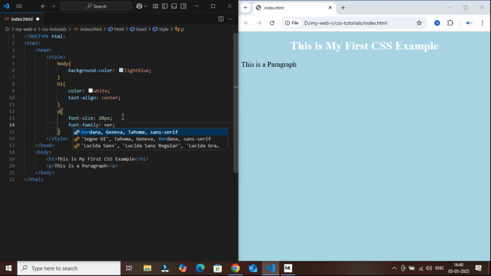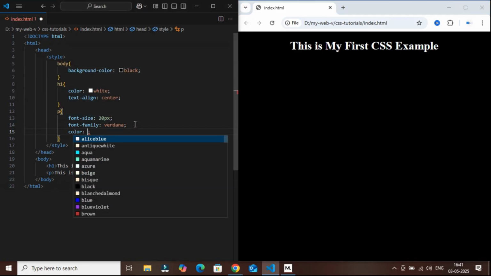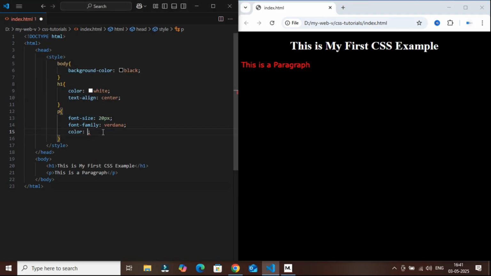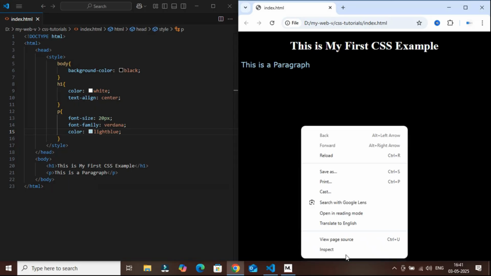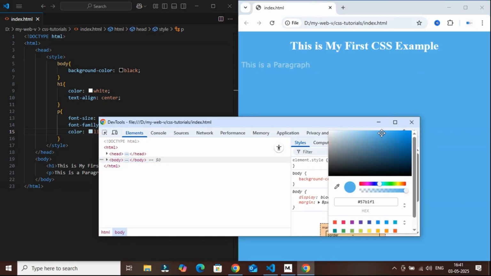That's it. This is how you will apply CSS to your HTML page. Let's try with your own properties and check your page. If you want to try with different colors and different fonts, you can directly check in the browser itself by previewing the properties. For this, you have to open Inspect tool on your browser.